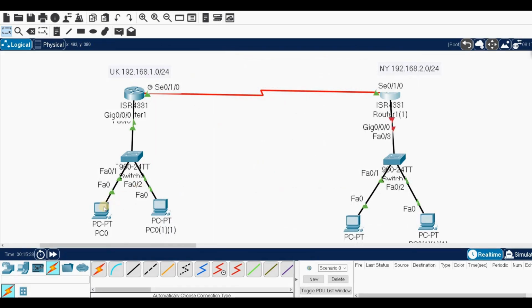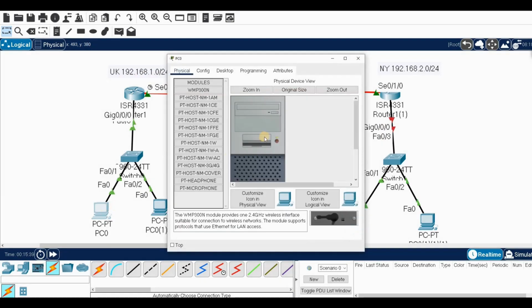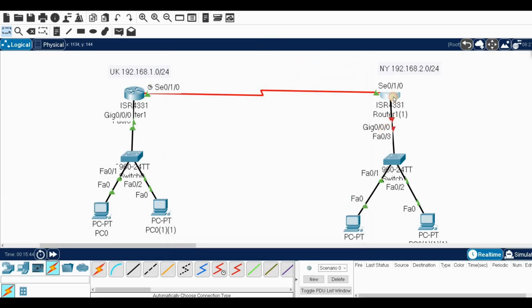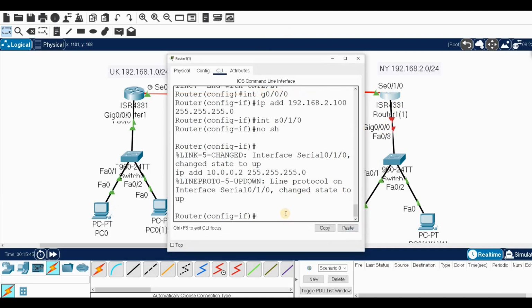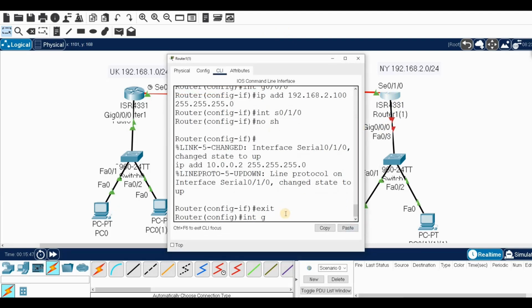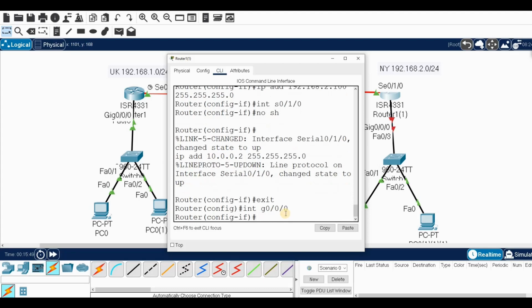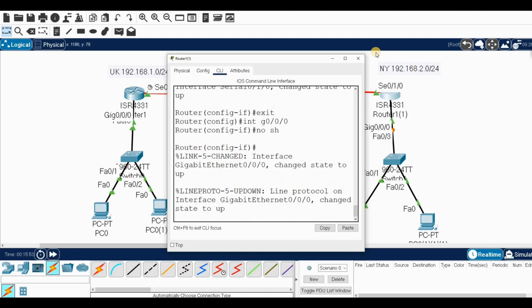First we'll go to this PC. Why is this still red? I didn't. Interface G00, no shut. Okay,